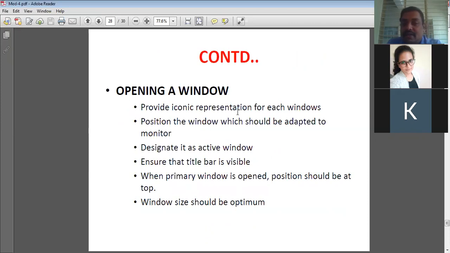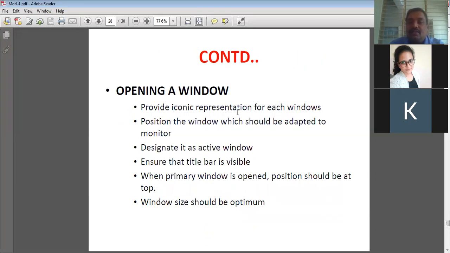Next, as a continuation, opening a window: what all should be there when opening a window. Next, provide iconic representation for each window. So every window should be represented by a particular icon. The position of the window should be adapted to the monitor.